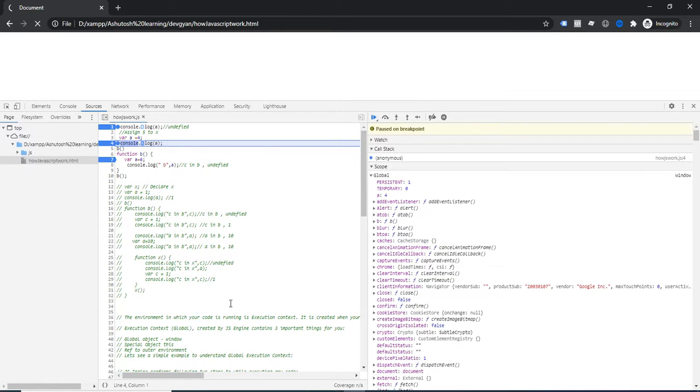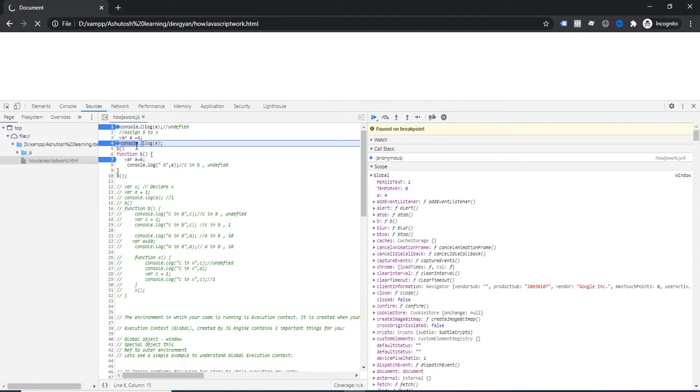Now in case of functions, since the function is already stored in memory and its initial value is itself the function statement, that's why you can call a function before the function statement. You are absolutely fine with it, because in memory it is storing the function's definition or function statement itself. It is pointing to the function, but the function's code is not stored anywhere within it. What is written, no one knows, because the function has its own environment, and this environment is known as the functional execution context or the functional environment.